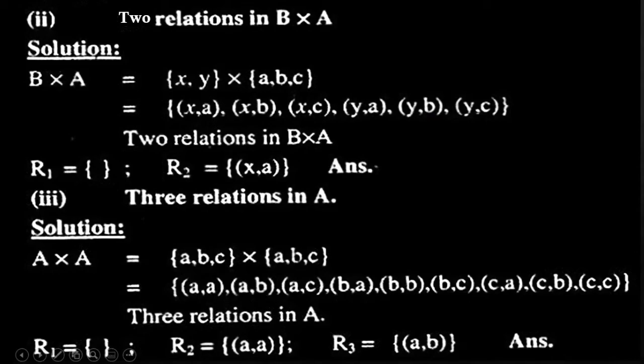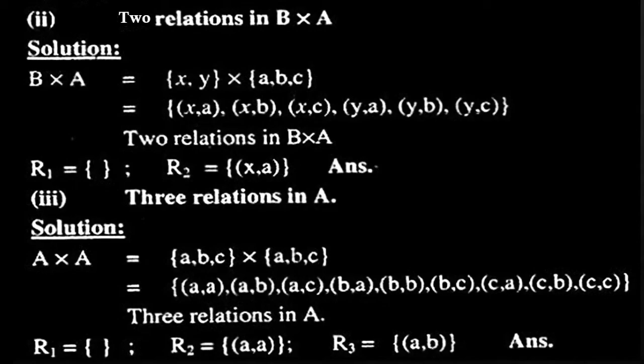You can write any relation you like in this question. There are multiple types of relations which we can make through these sets. It is not necessary to write the relations which have been written in the slide. There is one more thing, which is that this is a simple solution in which I have found out first the Cartesian product and the relations.